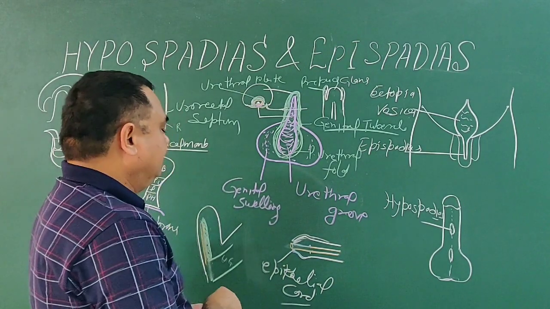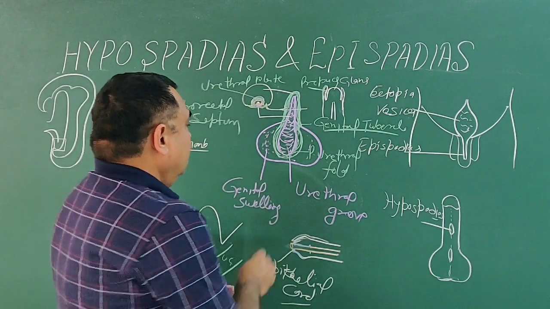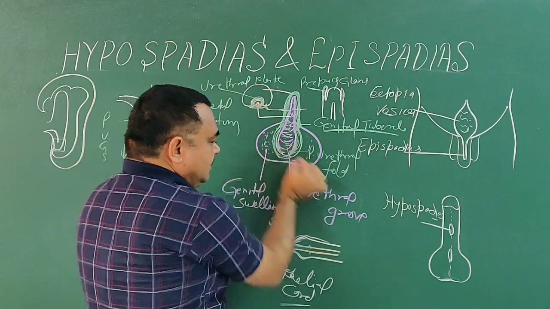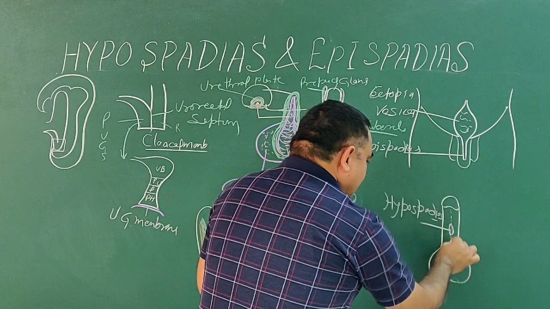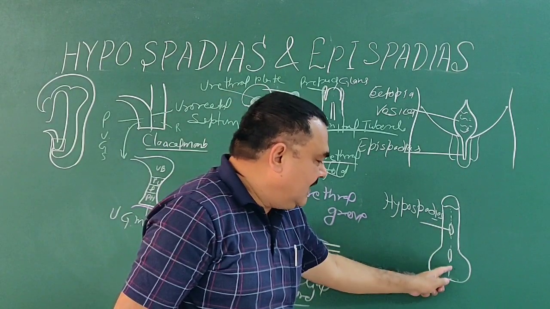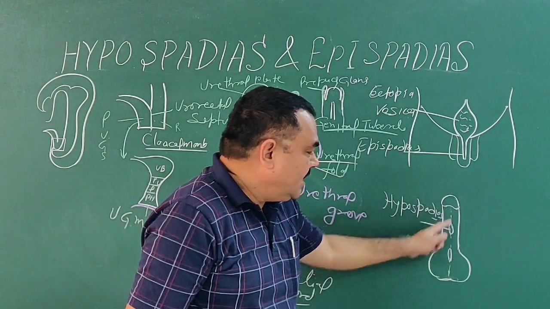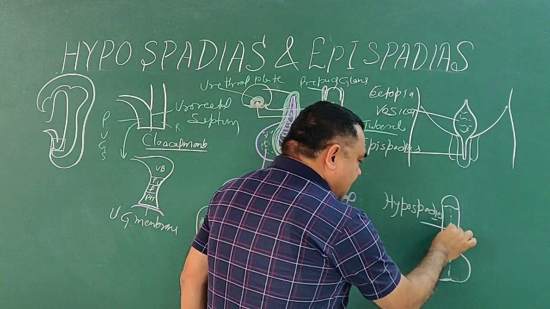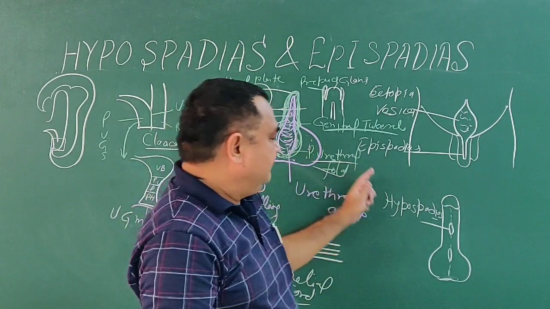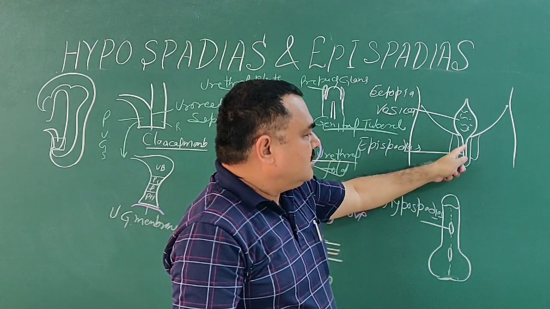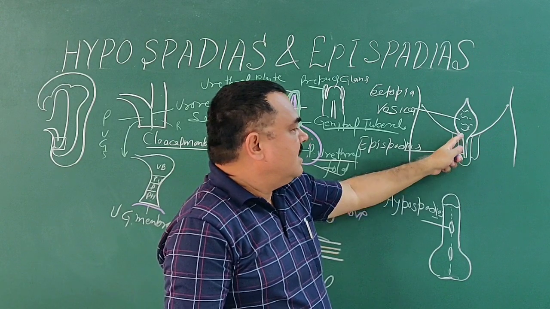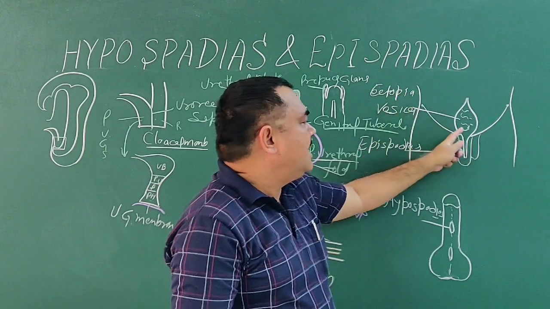Another important thing, here these structures lie close to each other and fuse in the medial plane. If these urethral folds do not fuse completely from caudal to cranial direction, there is a gap. This gap forms hypospadias. And sometimes there is an opening on the dorsal aspect which forms epispadias. Epispadias is mostly associated with ectopia vesicae.